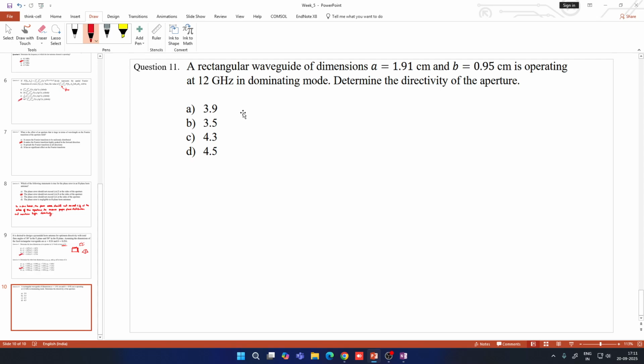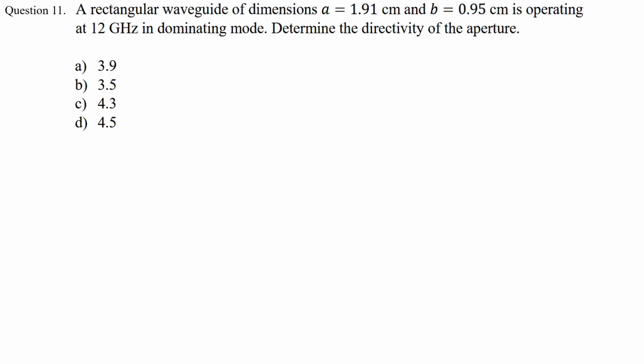Now we'll move on to question number 11. A rectangular waveguide of dimensions 1.91 cm and 0.95 cm is operating at 12 GHz in dominant mode. Now we have to determine the directivity of the aperture. So the directivity of a rectangular waveguide can be found using the formula D is equal to 64 times A into B divided by beta TE10